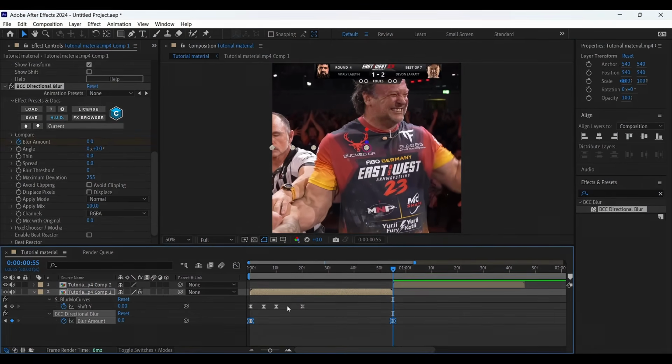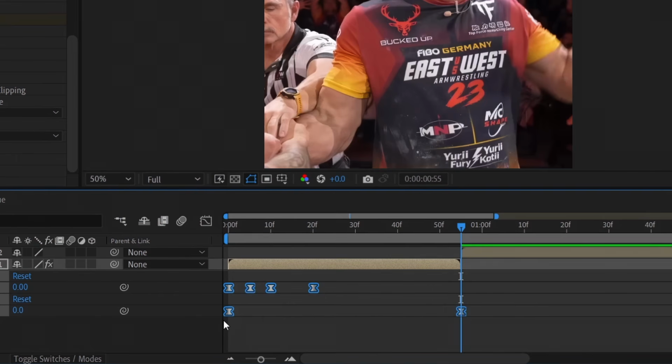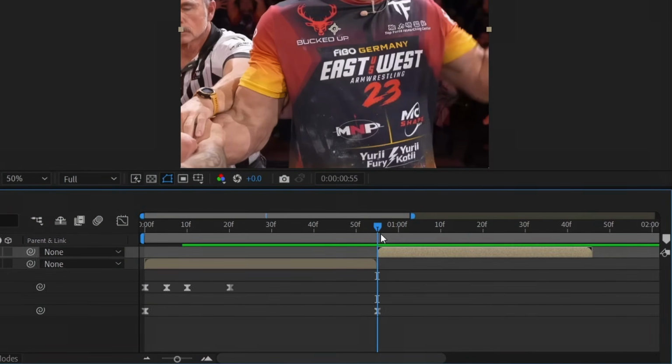Now of course, you would need to copy these effects to your next clip. So for that, select all the keyframes, press Ctrl plus C to copy them. Tap on your second clip and make sure the time indicator is at the very beginning and press Ctrl plus